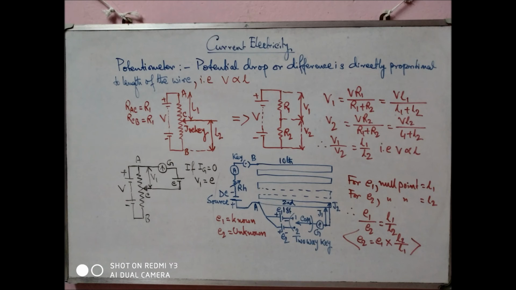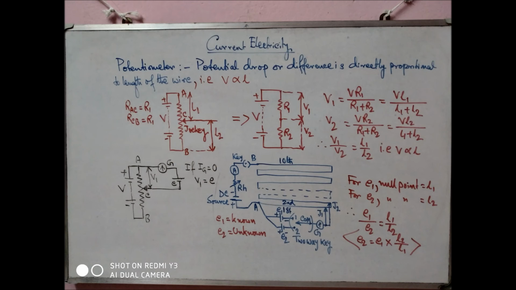Now the only difference is that here we connected another extra rheostat. Why? To control the current, so that high current will not flow through the potentiometer, the 10 wires. To measure the amount of current we also connect an ammeter in series, with a key. Remember, ammeter positive is above, negative down. The negative terminal will go to the negative terminal of the ammeter and the positive terminal to the point B.